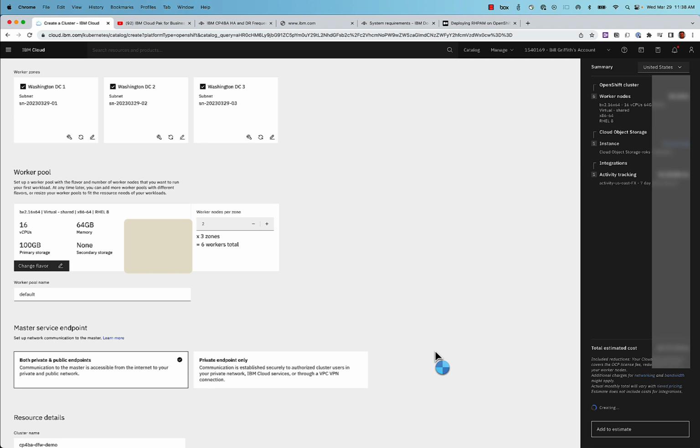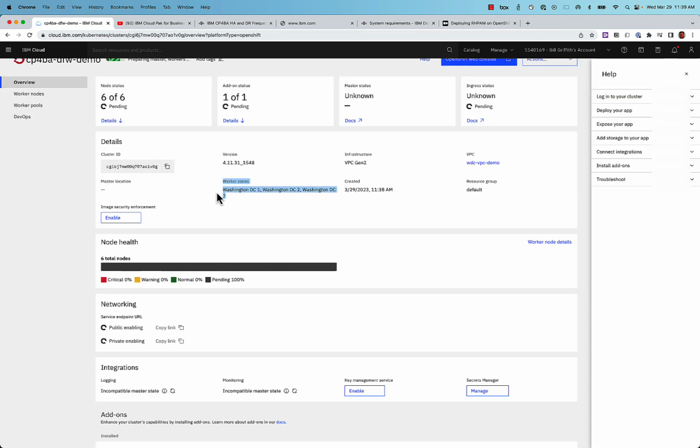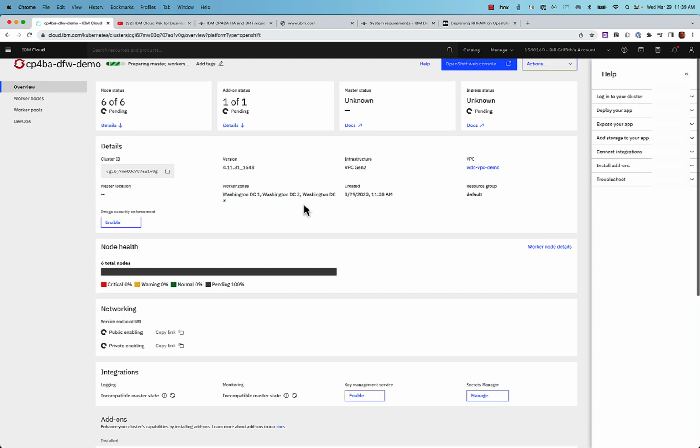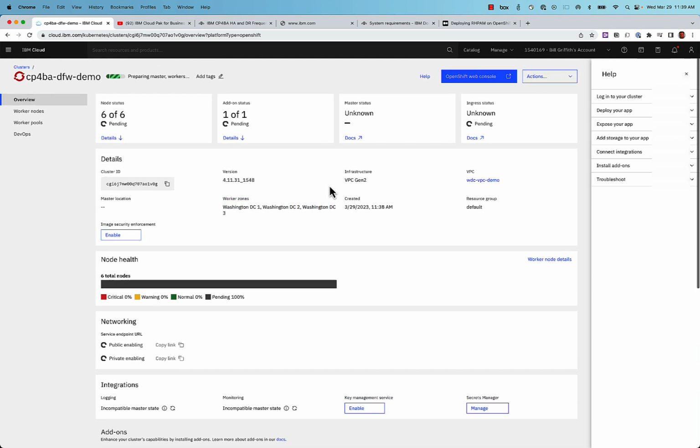And that'll take 30 minutes to an hour or so to spin up. You see my worker nodes are spread across 3 data centers, and so it's trying to install, and I want to wait to come back until it says ingress is ready. Now, while I'm doing this, it also is helpful to go set the public gateways for my VPC